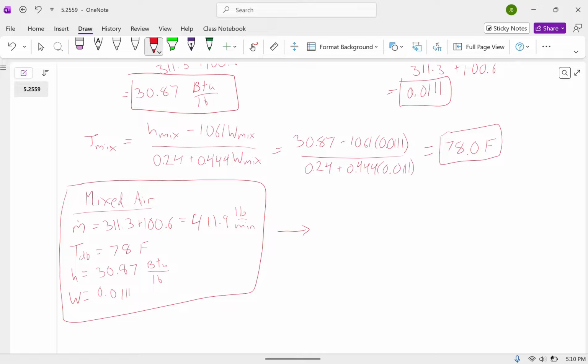The next step in our process is to dehumidify the air to the next state. So we'll call this our dehum state. And for this example, we'll assume that we're dehumidifying to a temperature of 50 degrees Fahrenheit. Since this is well below our mixed air state, we can fairly assume that the humidity will be basically right